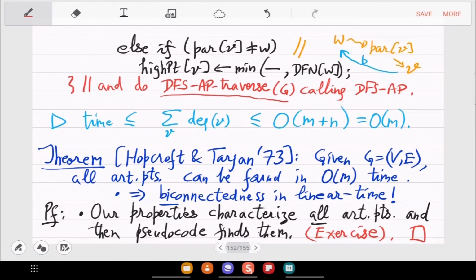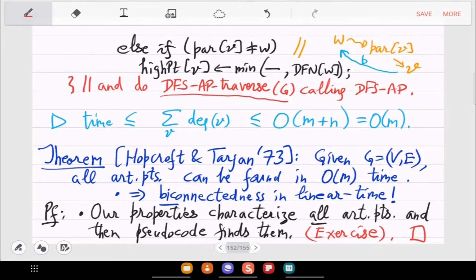Say that again, parent of W is V. Yeah, this is already calling DFS of W, that is correct. So actually already the connected component of V will be completely seen. So recursively it is calling, yes. So already this code DFS AP has complexity order M. Yeah, so those are the things that you have to work out. I mean, just combine and write the proof in sequence.